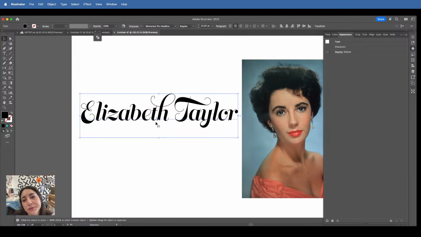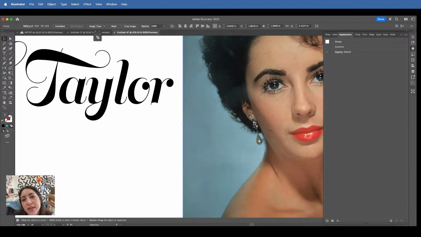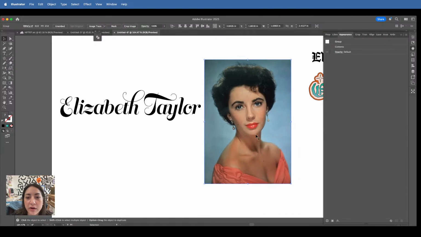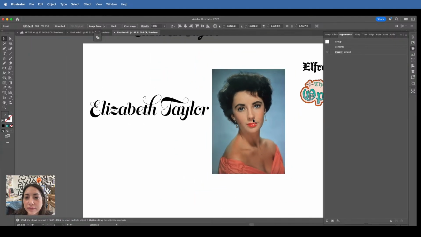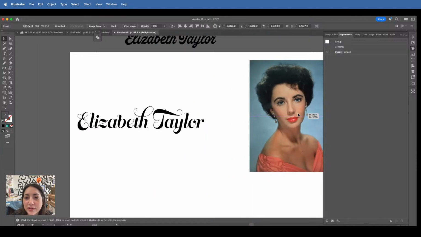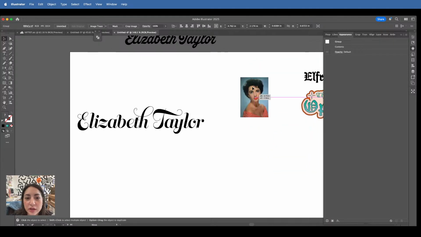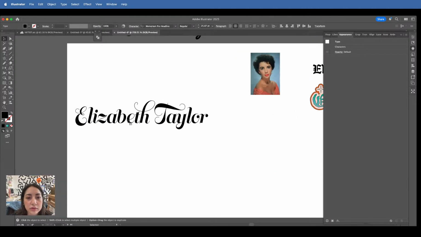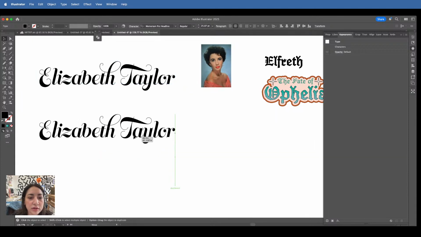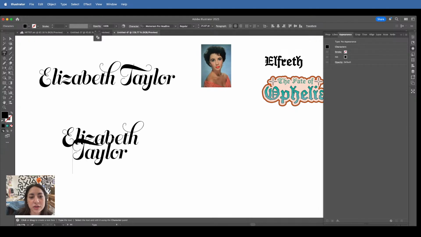I like the idea of doing something eyelashy. This is almost giving eyelash a bit, but what if we added to the flourish and just went all out? And I also like the idea of the eyelashes. She has great eyebrows, actually. Okay, let's focus on the eyelashes for now. Make this real small, and I will duplicate this. And now I'm just going to play around.